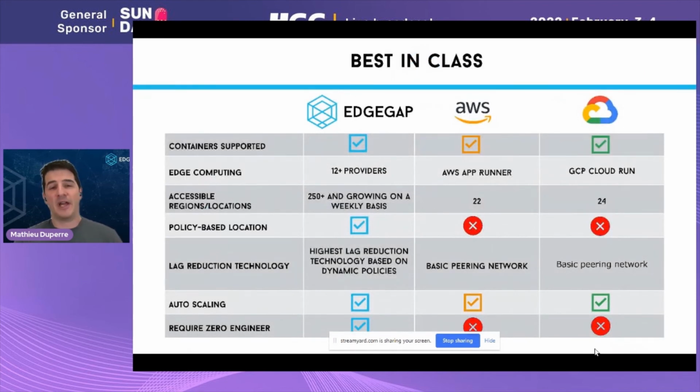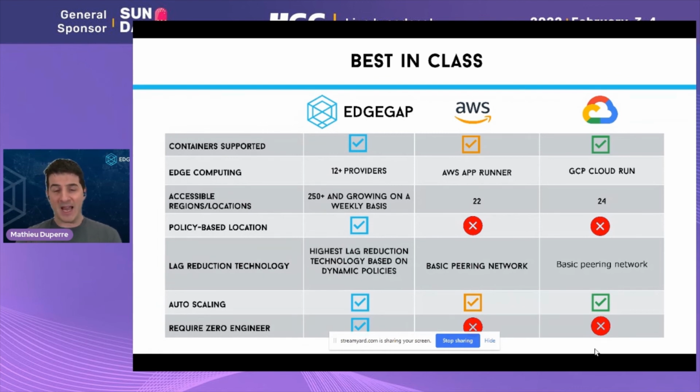If we compare Edgegap to the major players out there, AWS App Runner or GCP Google Cloud Run, we have more locations than they do because we leverage 12 providers around the world. That allows us to provide lower latency. We also support more protocols. We support every protocol out there, including UDP, which is not supported by the public clouds today for their ADN.